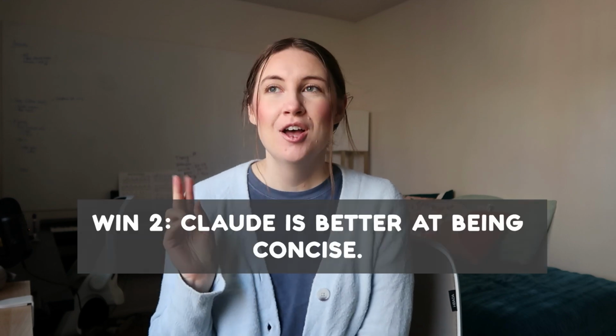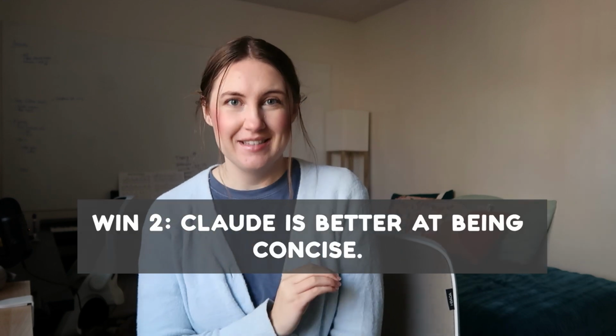Point number 2, Claude is so much better at sharing concisely. This is definitely a preference of mine, but I think it's really important when you are working with AI and trying to generate ideas, generate thoughts for content, asking questions, etc. It's really important for the LLM to be concise because a lot of times you're looking for quick answers, you're in the middle of tasks, you're trying to take information and then expand upon it yourself. So when the AI is long-winded, it's just taking more time for you to filter through and find information that